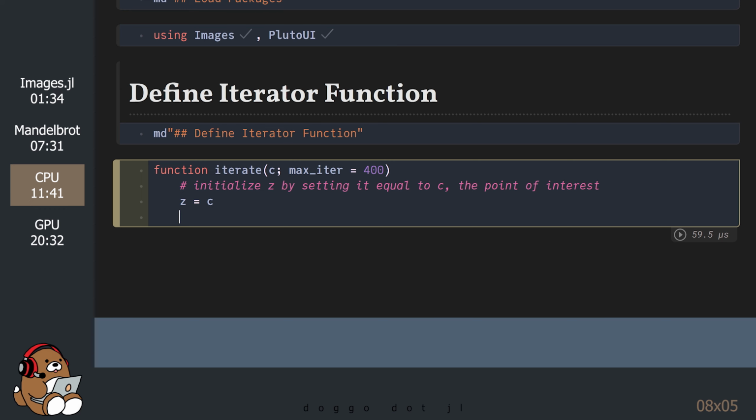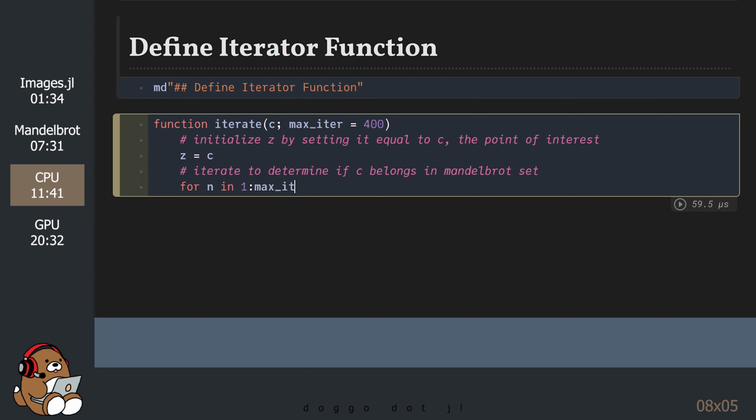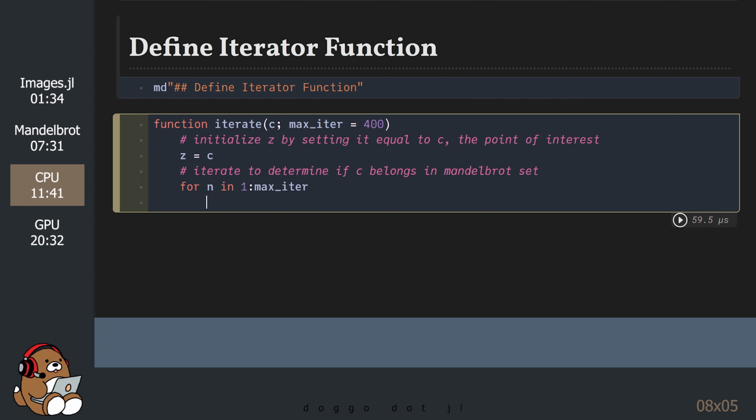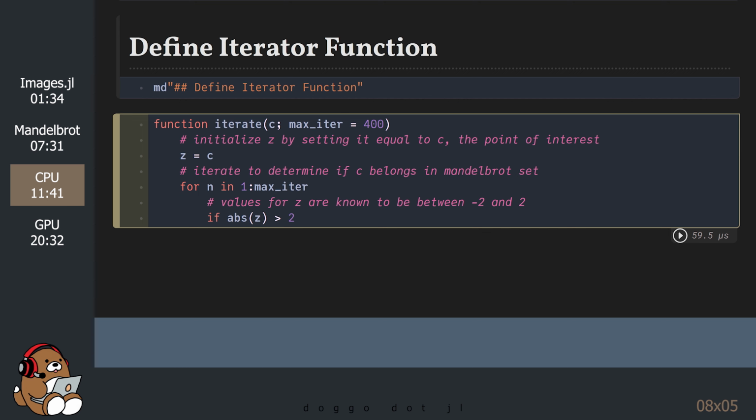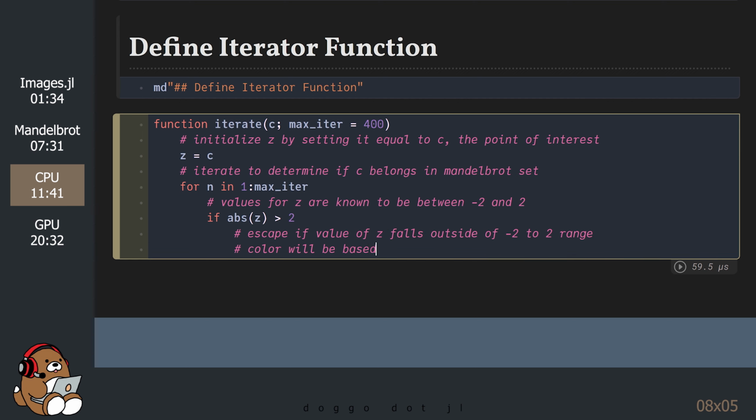The iteration process starts by setting z, as in Zulu, equal to c, as in Charlie. The for loop is the iterator that replaces the value of z with z squared plus c. If the absolute value of z is greater than 2, then it will escape the loop and return the value of the last iterator minus 1.